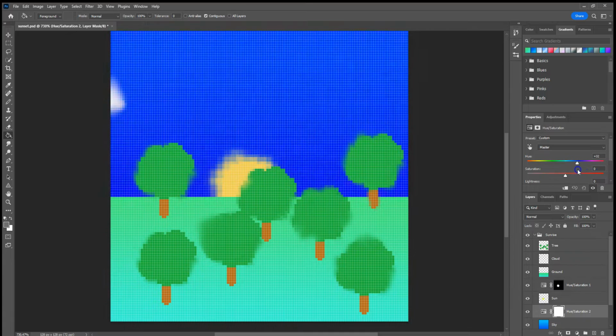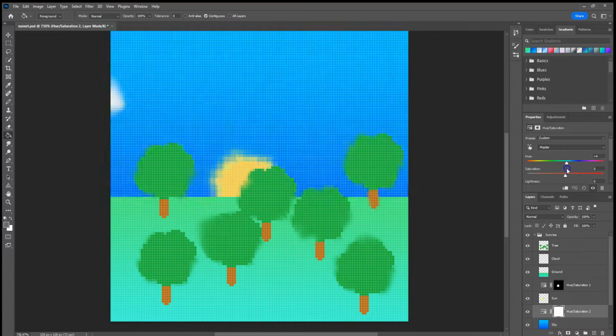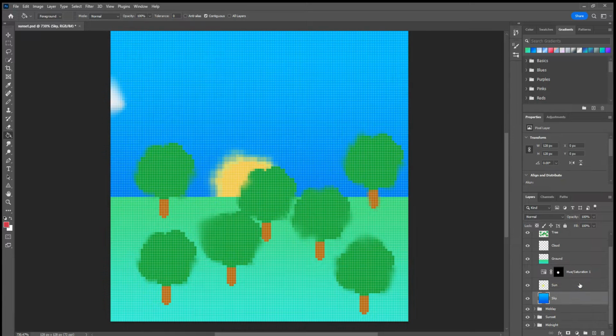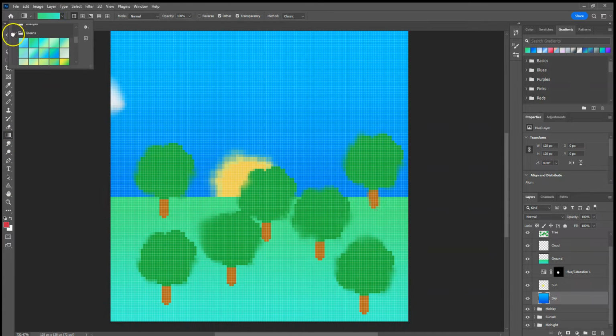Now, the one thing that we'll notice about this is that it does kind of go pretty drastic. And we can also use our saturation values here, or even our lightness values, to kind of affect how some of the sun looks. So when the sun is first coming up, we know the sky is kind of much more red. So we can also, of course, just apply a new gradient if we want, and that might be the best course of action to do here. So let's go ahead and do a gradient, and we're going to go for more of a reds in this case. And I think this one right here might be good, or maybe, there we go, that one looks pretty